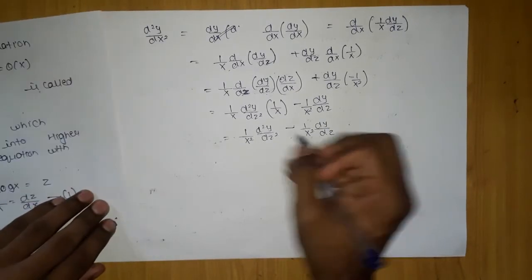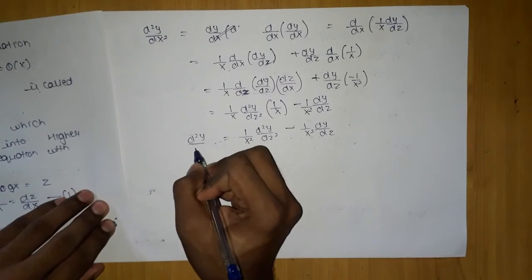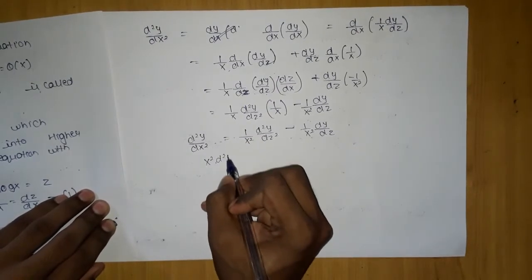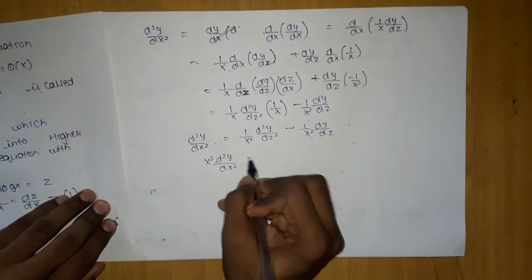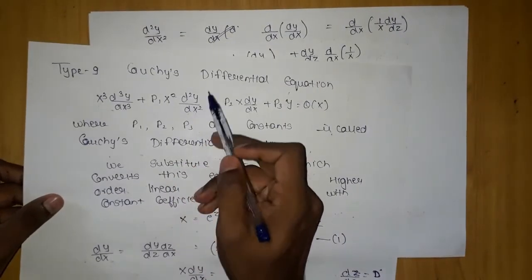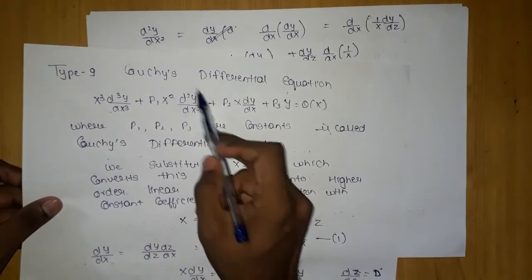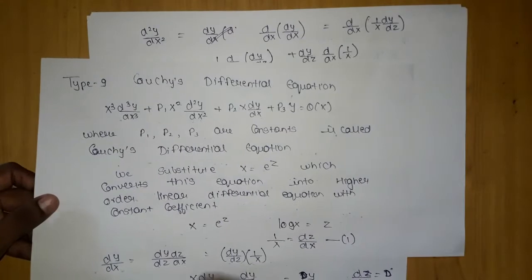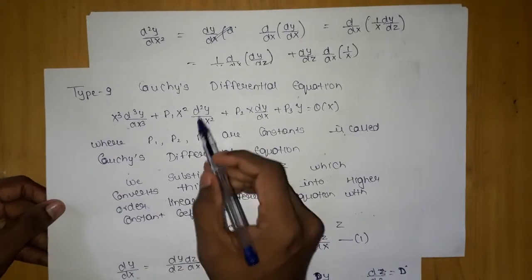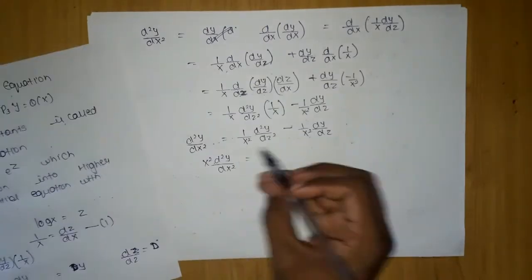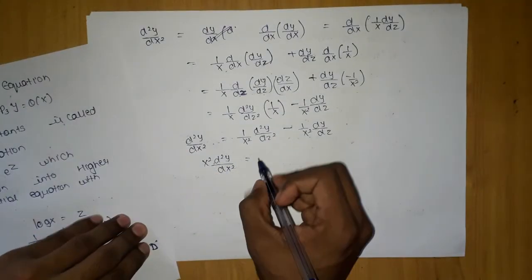Now on the right side, what we have? d square y/dx square. Agree? We'll move this x square that side. Now if you observe, here we wanted x square d square y/dx square. Our target was to get this value, but we are getting this combined value. We can substitute, it will become easy only. But our target was to get this value, but we are getting this value, so that's good only.